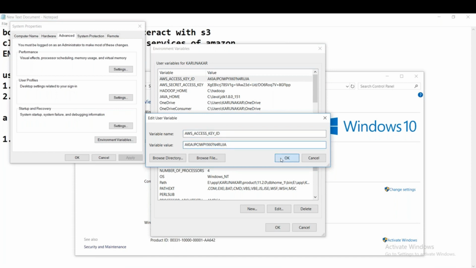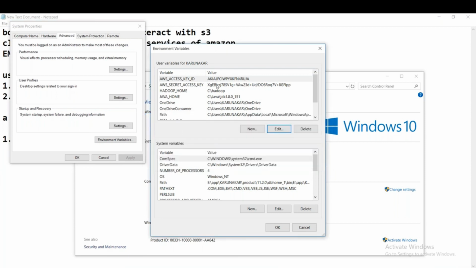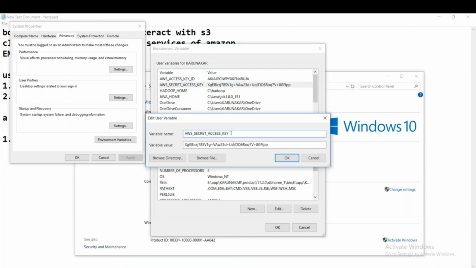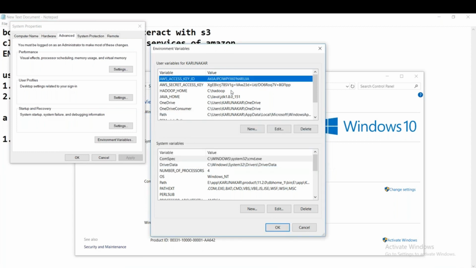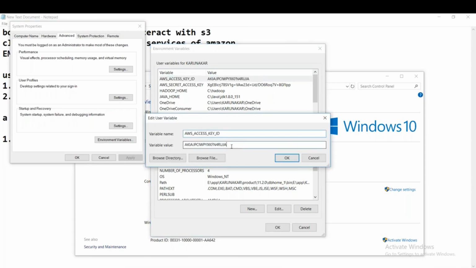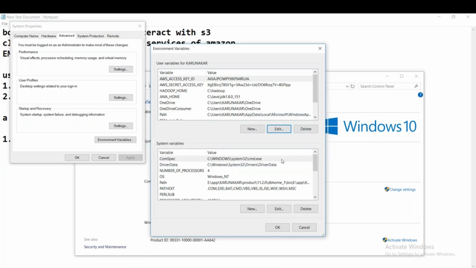And the same time, this is going to be the secret key. The name has to be AWS underscore secret underscore access underscore key, and here we supply the secret key, and with this we are supplying the access key. So this is one of the ways of specifying the credentials.